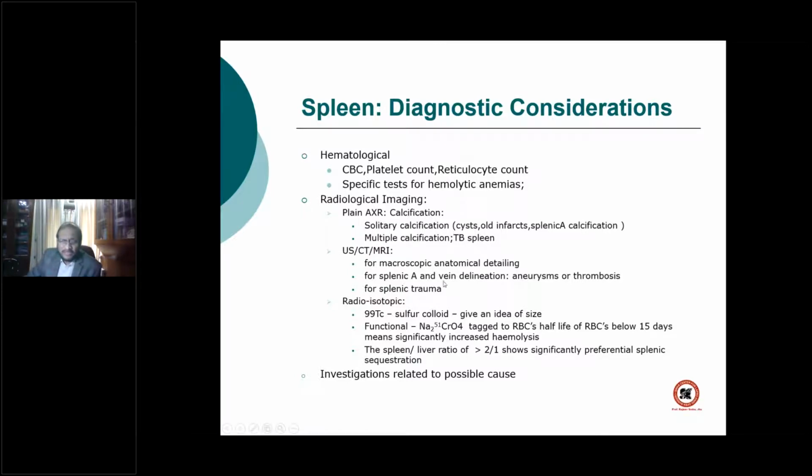For splenic artery and vein delineation, for example, if the splenic artery has got an aneurysm, that can be diagnosed on an MRA, the MRI angiogram, or if a patient's got a splenic vein thrombosis, that can easily be diagnosed on ultrasound, CT or MRI. Or most importantly, for splenic trauma, a CT or MRI is a must for diagnosing or for characterizing a splenic trauma. Radioisotopic imaging using 99